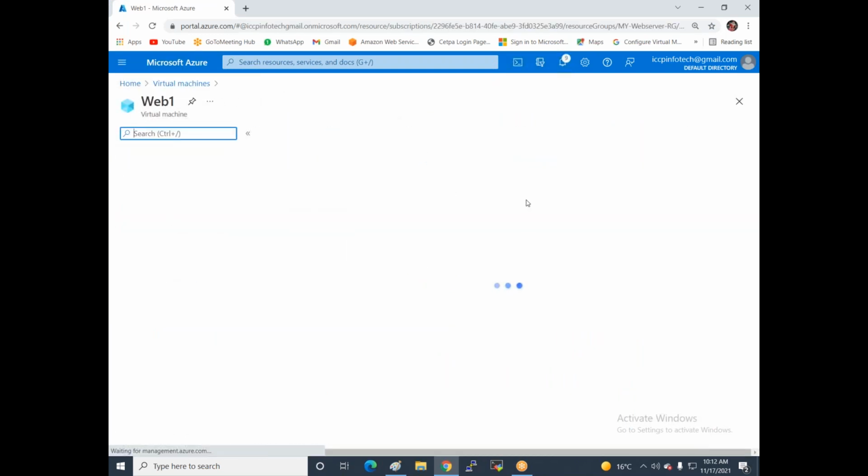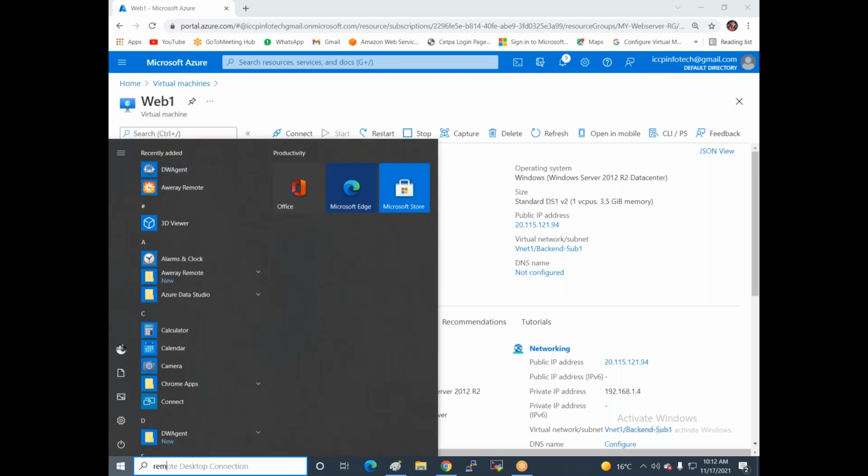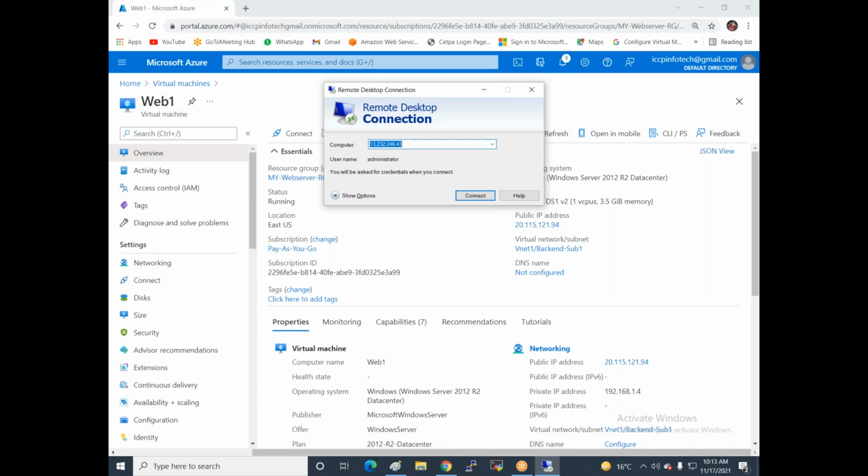I copy the web server 1 public IP, then go to Remote Desktop Connection, paste it, and then connect.